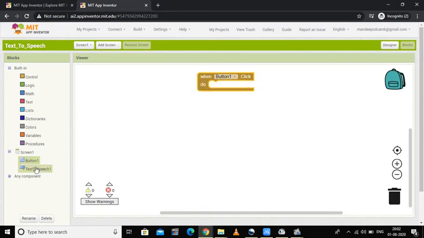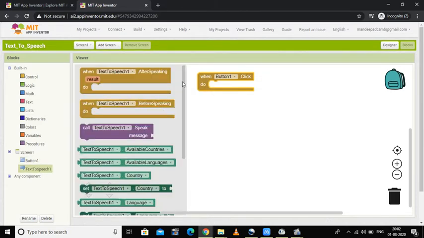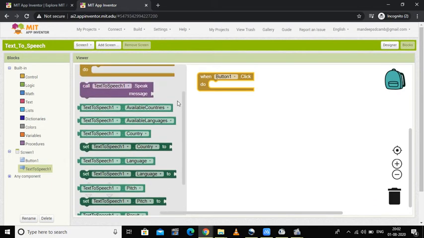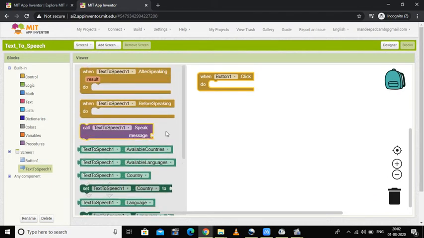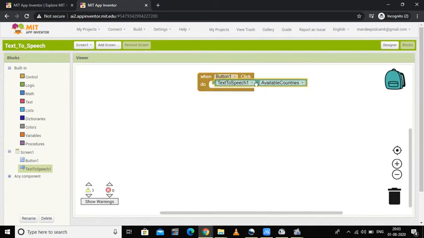So just click on the text to speech component. Here we have a few blocks for the text to speech component. Here I am having orange blocks, some green blocks, and one purple block. When we are doing block programming, we have blocks. If I am going to use any of the green blocks, that is some action, it should fit in this particular block. If I use this component, it is not fitting at all, because I have this kind of loop here and a different loop there. So this is not going to fit in this particular block.